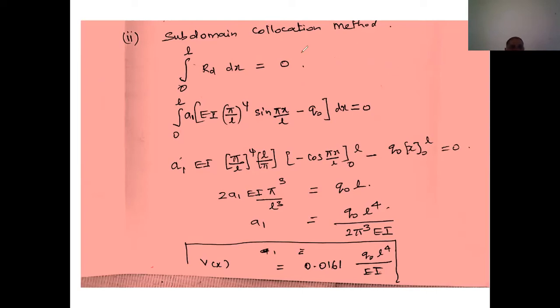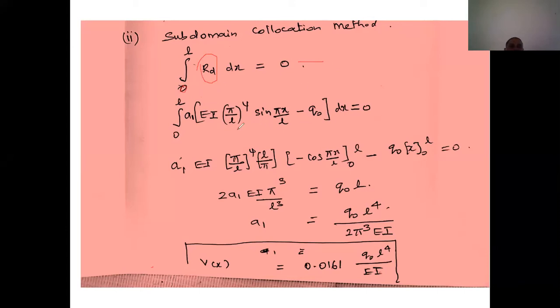Okay, so what is the formula involved? You have to make the integral 0. Integration of the residual function must be equal to 0. Since I'm going to take the entire domain, the limit of the integration goes from 0 to L: integration of RD of x into dx is equal to 0. So this is the formula, in which you're going to substitute the value of RD. Already we have calculated the residual function. This is common for all the methods. So I'm going to substitute the RD value here in this integral equation.